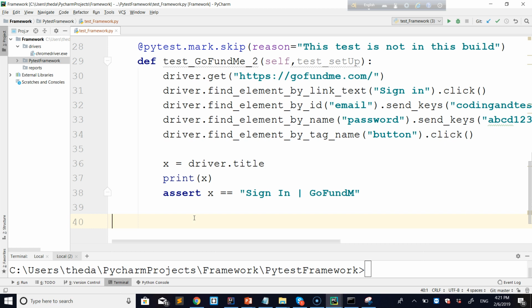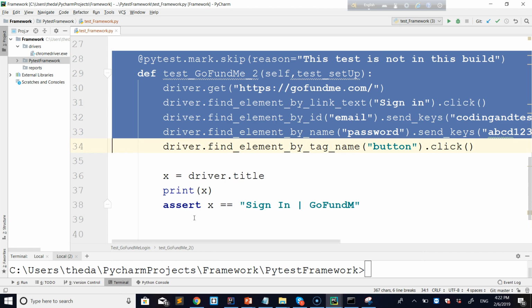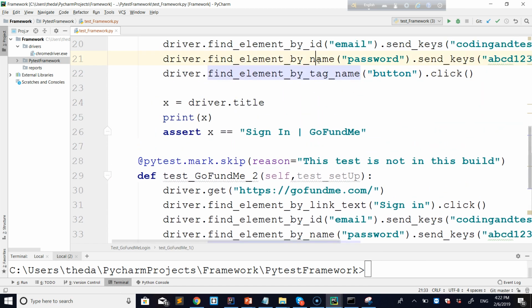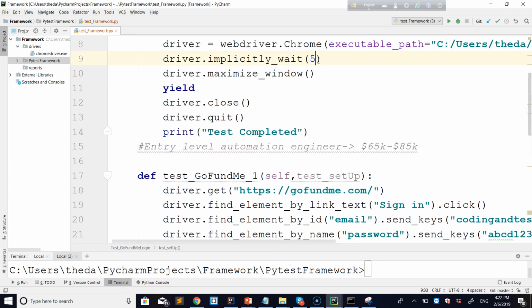And in the last class, we also learned how to develop PyTest framework from scratch, from beginning to end. And also we learn how we can skip our test case, and we can also mention why we are skipping it. All right, now actually in the last session I forgot to show you how we can also generate